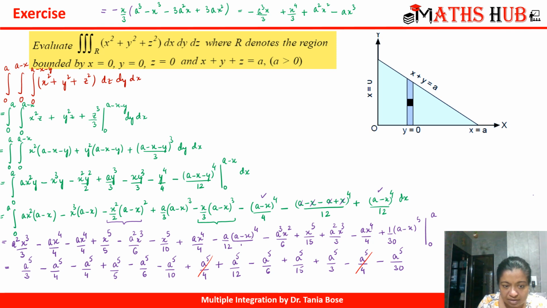And this is a to the power 5 by 3. So a to the power 5 by 6 and a to the power 5 by 3 are getting cancelled. Then what else can we check for? So this is a to the power 5 by 15 minus a to the power 5 by 30. So that will make it